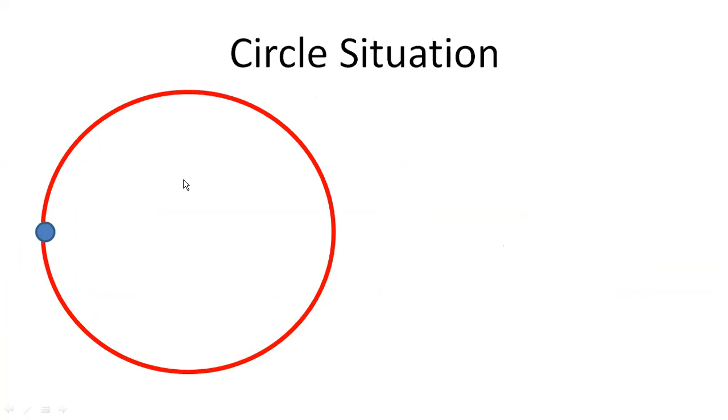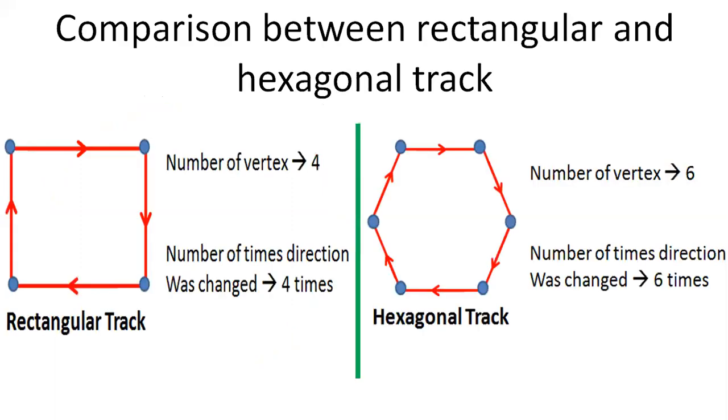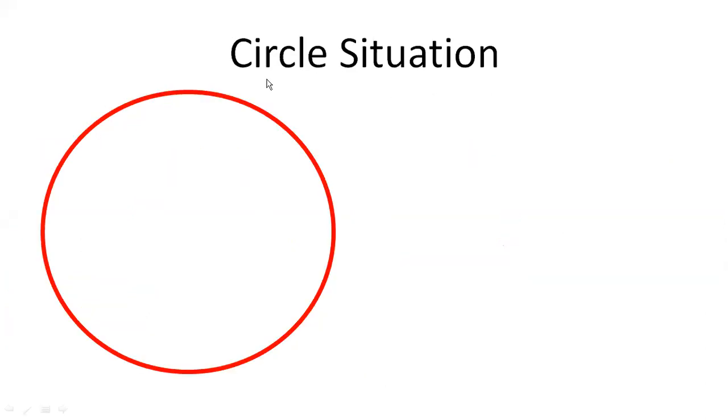But you already know the definition of a circle, which you have learned in your 6th, 7th and 8th grade. A circle is nothing but a collection of infinite points. At least you know how many points a rectangle has? 4. 1, 2, 3, 4. Hexagon 6. 1, 2, 3, 4, 5, 6. But the definition given to you in mathematics was something like this: a circle has many points on its line. So this boundary of the circle has various infinite points.